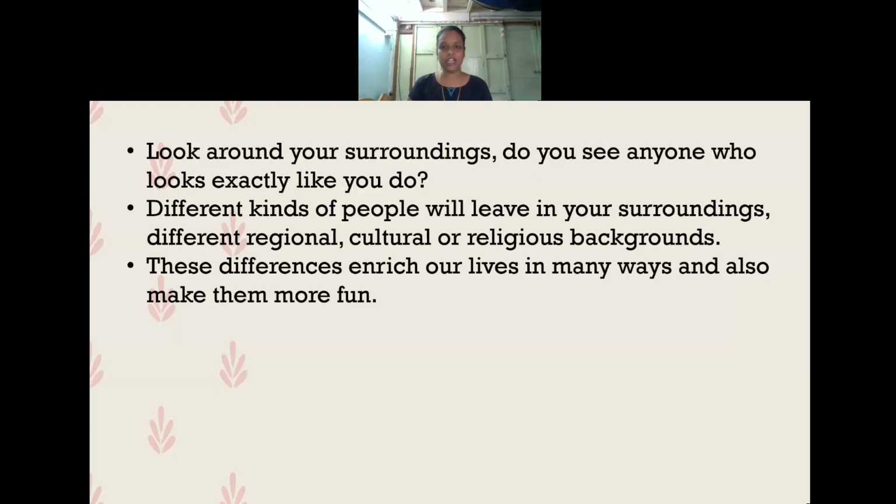Their rituals are very different from your rituals. Their culture and tradition are different from your culture and tradition. Yes or no? So this will enrich and make it more fun to live in the society because a variety of people will be there. We will talk, we will make friends and everything else. So diversity is nothing but